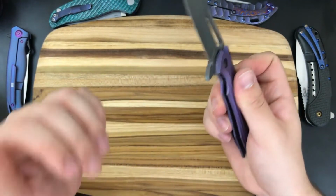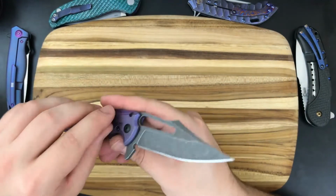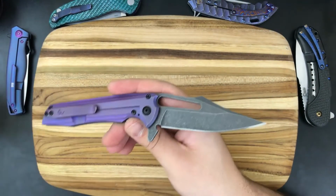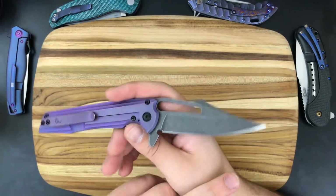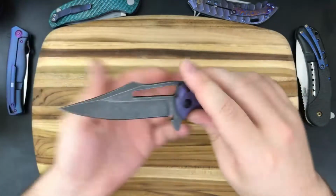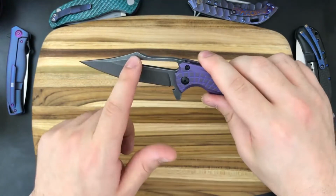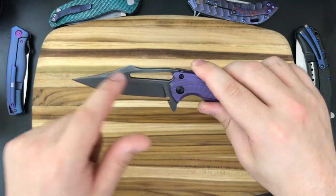Moving on, this blade shape, this is the Persian style blade that Gavko does. I gotta say, it's pretty much my favorite looking blade shape of all time. It's my favorite blade of all time, I'm just gonna say it. Between the finger hole and the functionality of that, the way that it looks, the way that it's cut out to match the handle,